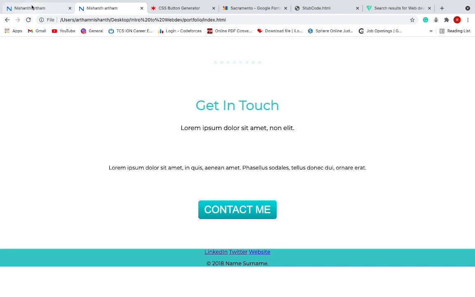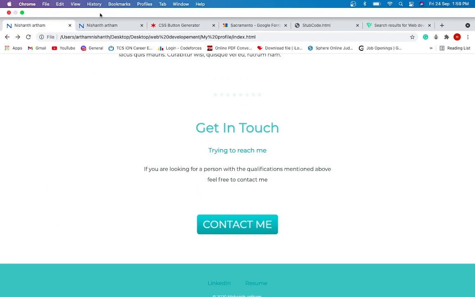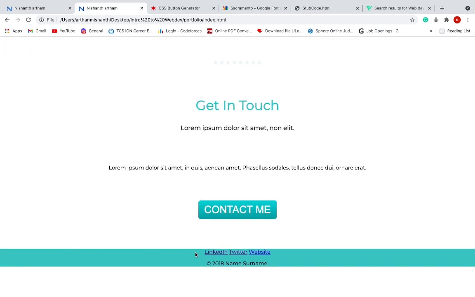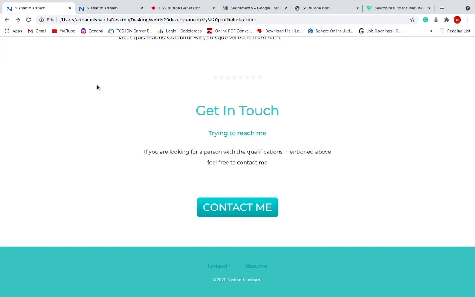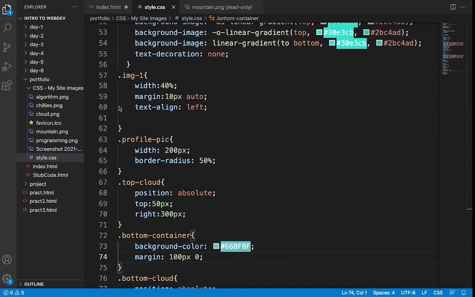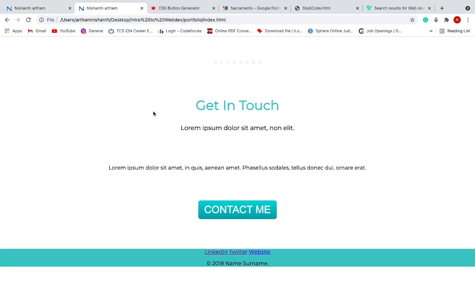Now you can see that this is covering the entire background color, but this is only covering the text present in it. This is because these are inline elements, and if you want to cover it entirely, then all you have to do is change the margin. Let's go for margin. If you have any doubts, just go for inspect,